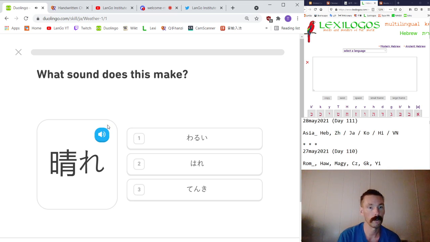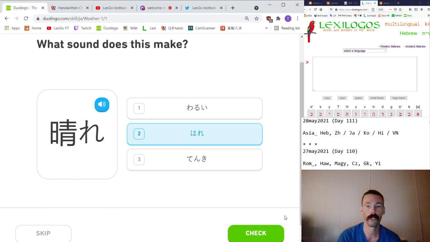Hare. Do you know this one? You'll know the parts, of course. You do weather, food. Let's see. Sorry, I guess it's got a big delay here. Which we can do. Hare. Yeah, it's got to be that reading. Do you know the meaning? I recognize the 日, and then the ha part kind of reminds me of the ching that we just saw a moment ago. It is in that same series.